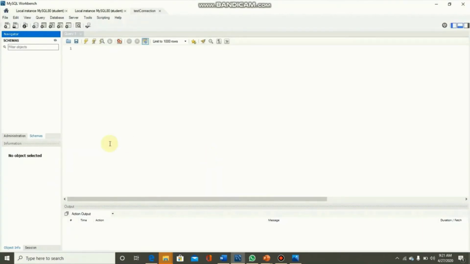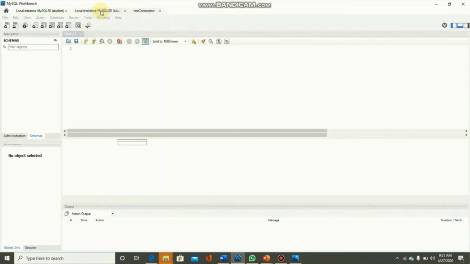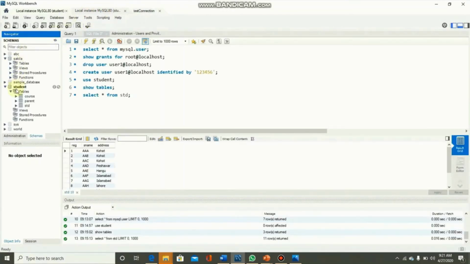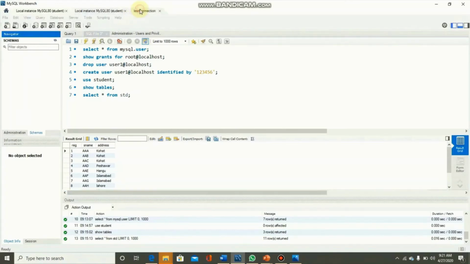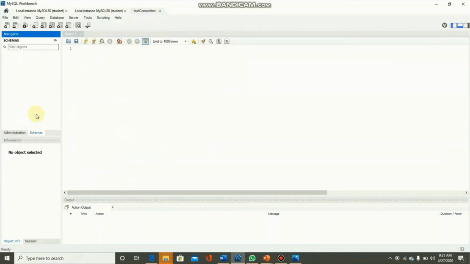Now if you look into the schemas, none of the databases is present in this list. Previously we had all the databases present in this tab, but for user 1 there is nothing inside the schemas tab.